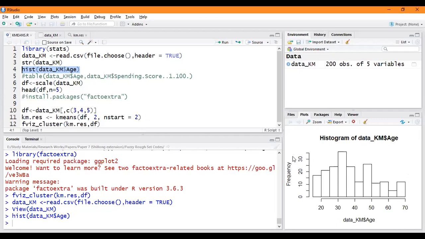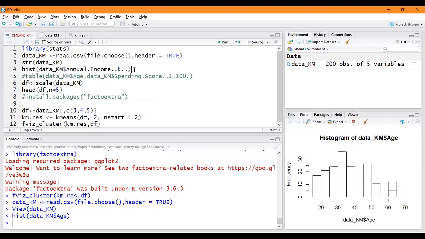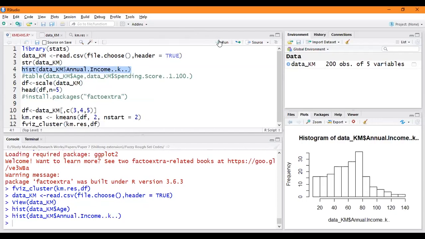over age. Also, if you can see the histogram of the income group, the histogram of customer ID, or sorry, annual income, so can we have any good histogram from this? Well, it is also kind of a normal distribution. So what we can understand from this histogram is that at least we can have some cluster from this.